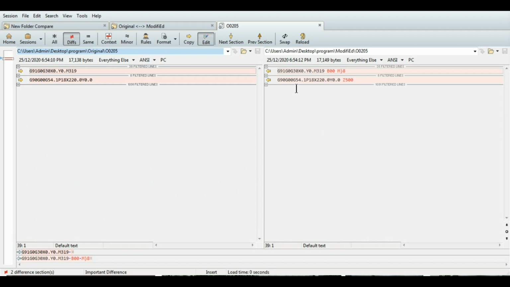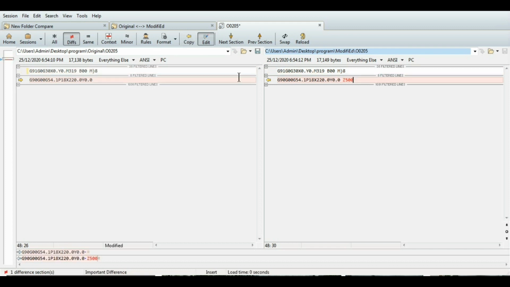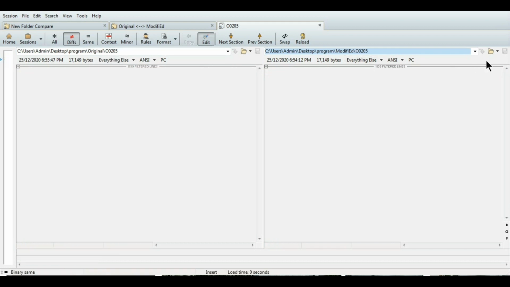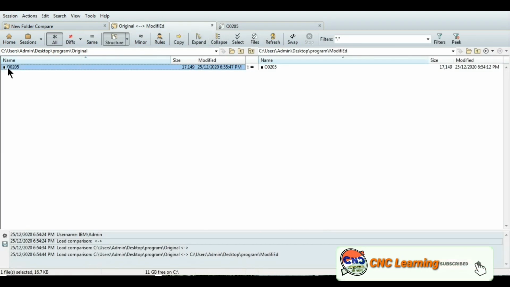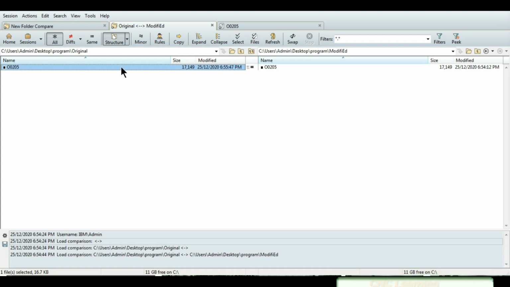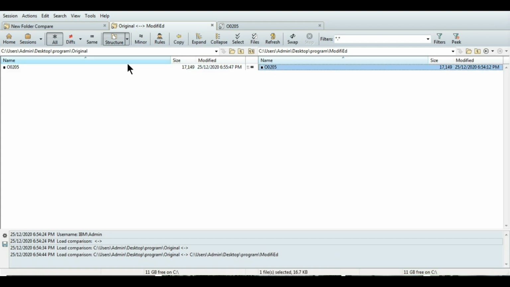Just go to all and diff, and you can see the difference. So I copy it to both and make them the same, and you can see there is no difference. If you go here, the color will change to black, which means it doesn't have any difference. Like that you can use this software for your program comparison very easily.